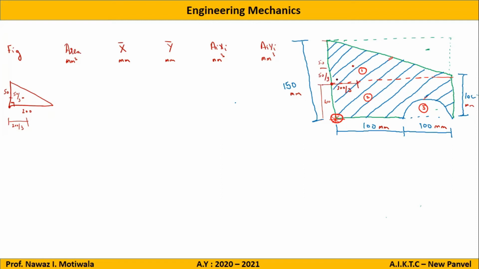No, sir. Yes. अब मुझे जो डिस्टेंस मालूम है वो यहाँ से मालूम है, बट मुझे डिस्टेंस लेना कहाँ से? From where I need to take the distance? Reference point. Yes, I need the distance from the reference point. मुझे यहाँ से यहाँ जाना है. From this point to this point. So how much I need to travel in x direction first? यहाँ से यहाँ तक कितना आना पड़ेगा? 66.66. Yes, to be specific, it will be 200 by 3, that is 66.66. So I will write here, it is 200 by 3, which is equal to 66.66. Correct?